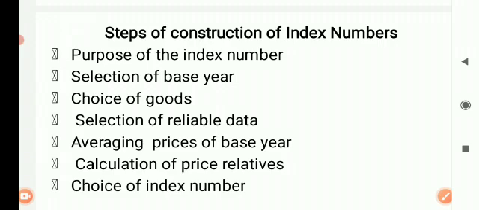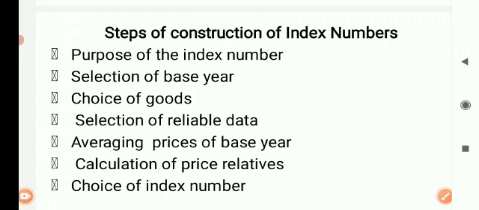Okay, selection of base year. To find out the index numbers, the price relatives, the averages or percentage of different variables in a different time period, we have to select a base year. Which year will be the base year? 1991 for example, 2001 for example, 2000, whichever base year we have to find the index for. Okay, what was the price in 1991? What is the price at present? We have to find out based on that price.